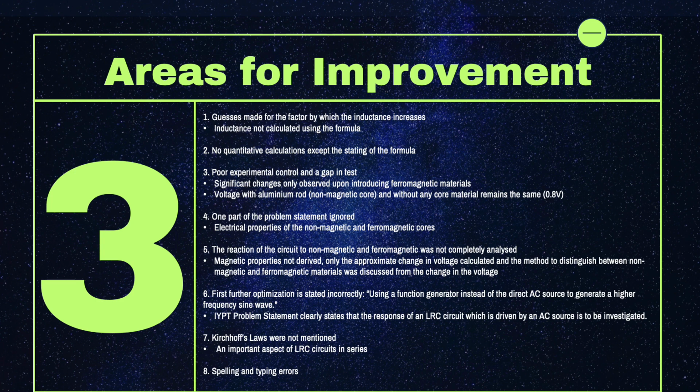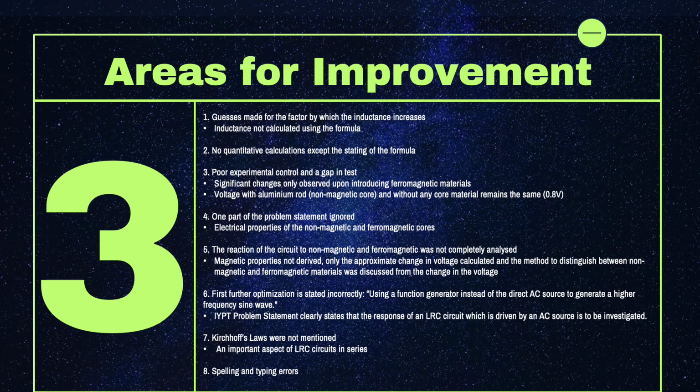Secondly, no quantitative calculations were done, except just the stating of the formula. No arithmetic and mathematical answers were also given, and only qualitative analysis was done, which does not provide a precise conclusion. Thirdly, there was poor experimental control, and there was also a gap in test. This can be proved by the fact that significant changes were only observed upon introducing ferromagnetic material and no change was observed upon introducing a non-magnetic core,